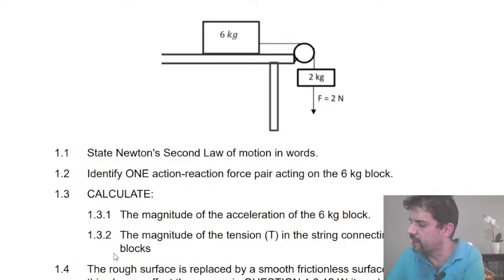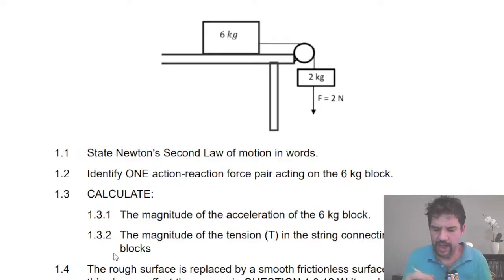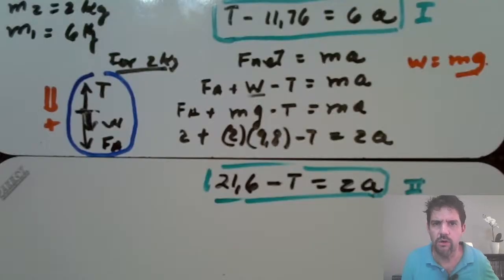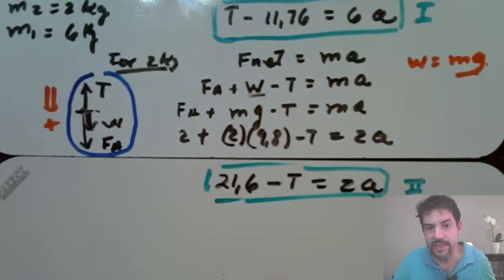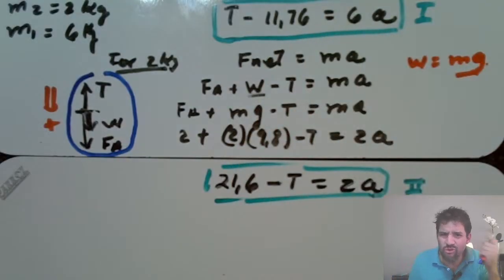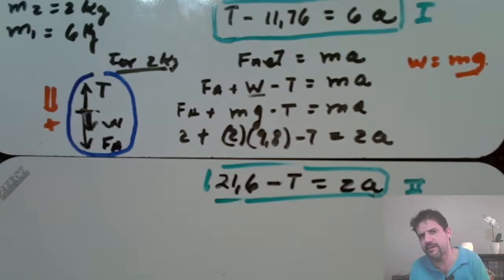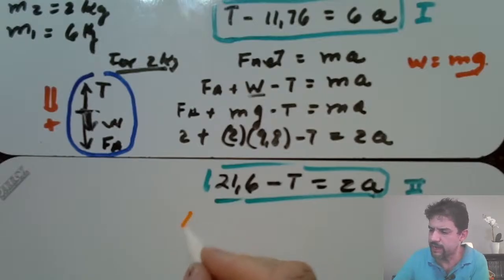So here we stop, and we're going to call this one equation 2. Now we have 2 equations in here. Let me show you. We have this equation, we have this equation. Now, there are 2 main options to solve it. You can substitute T and then rearrange T and then substitute in the other equation. I personally don't like it. I prefer to do addition. So I'm going to write here: add